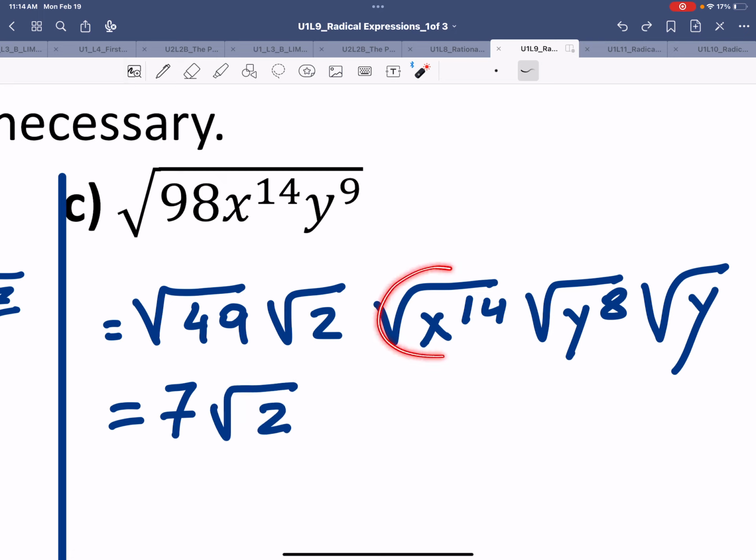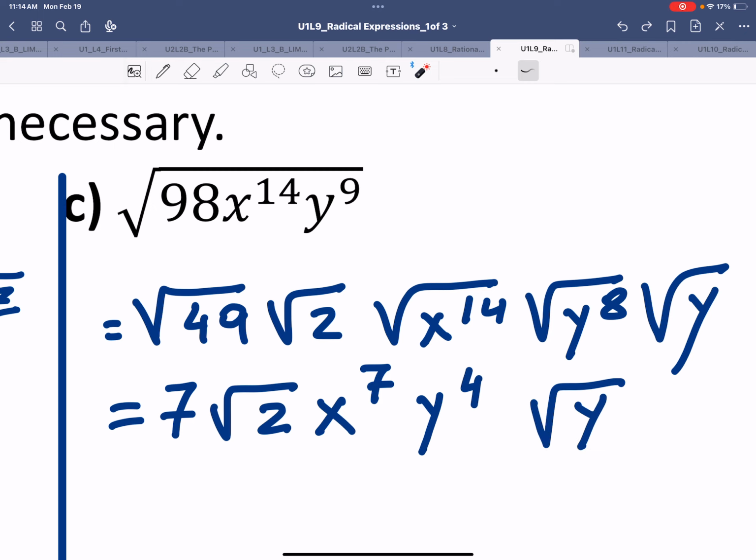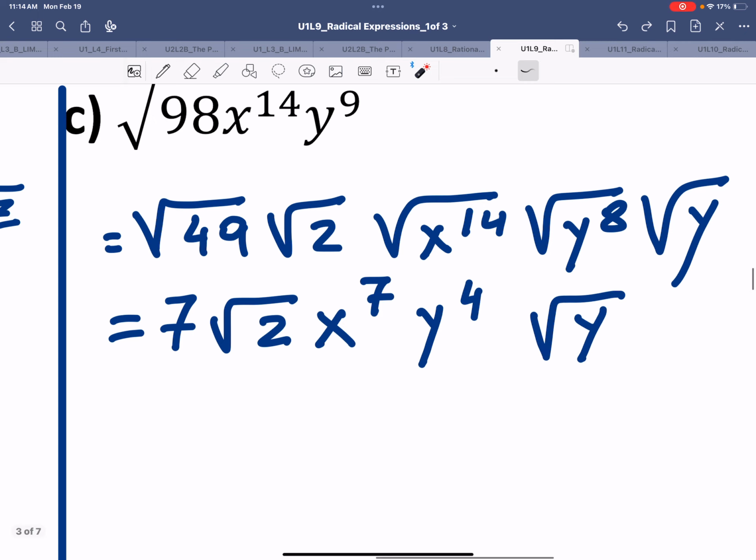Root of x to the 14 is x to the 7. Root of y to the 8 is y to the power 4. And then square root of y. So let's clean up the expression. All the numbers outside radicals will combine together. So we have 7, we have x to the 7, we have y to the 4, and the root of